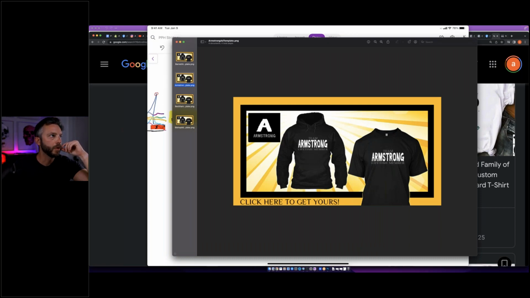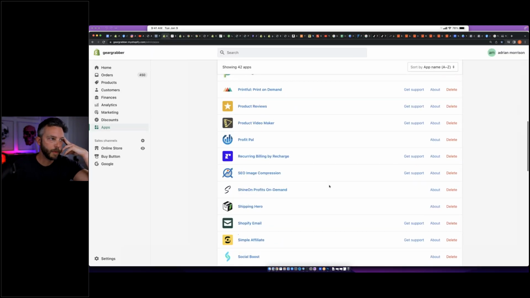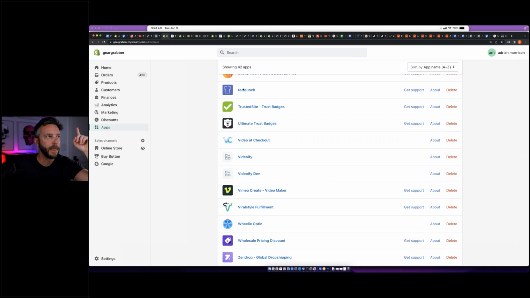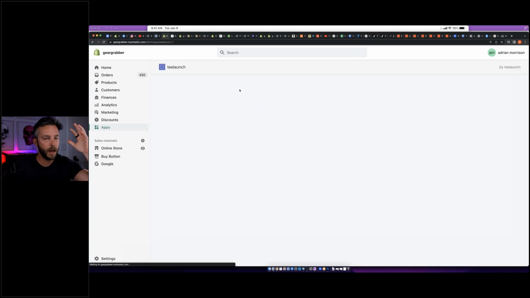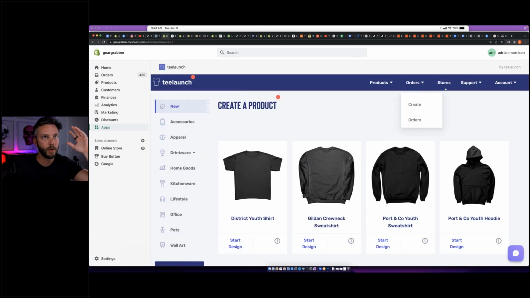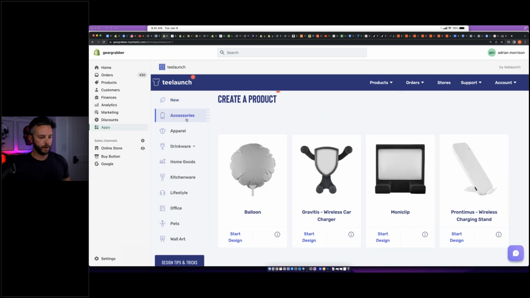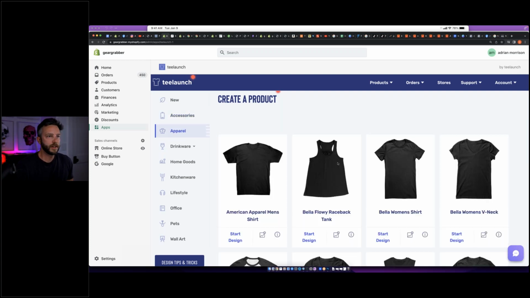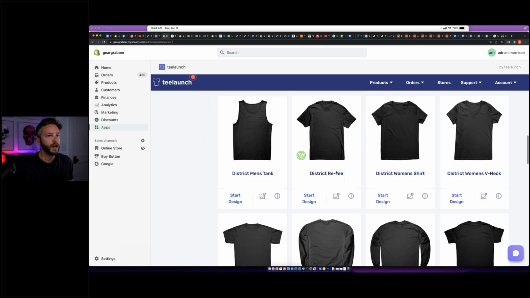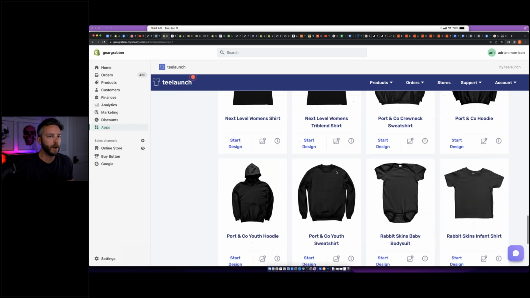Okay. So one of the main apps that we use is T-Launch. All right. So let me just pull up T-Launch real quick. Let's jump over to Shopify, and I'm going to show you why this is so cool now. Okay. So T-Launch is an American US print on demand company that will print anywhere in the world. They've got sweaters and so much more than I had back when I was really scaling this out. But the different types of apparel that they have, it's just mind blowing, right?